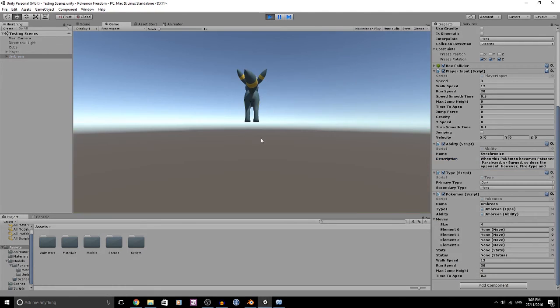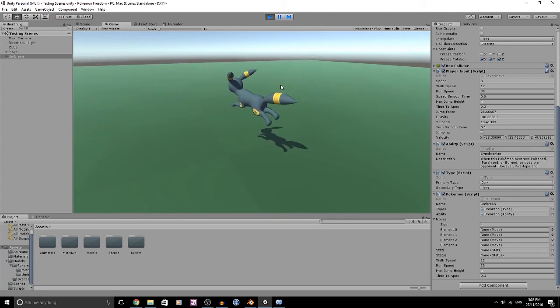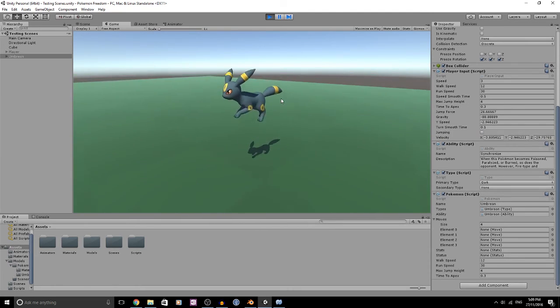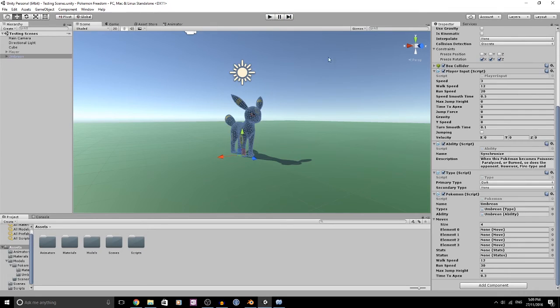So if we get him in, you can have a look. His values are a little screwy at the moment, but yes, we can run with him. We can jump at the moment too, which is cool. Just there's no animation for the jumping. And then walking is doing like a half jog sort of thing. But anyway,